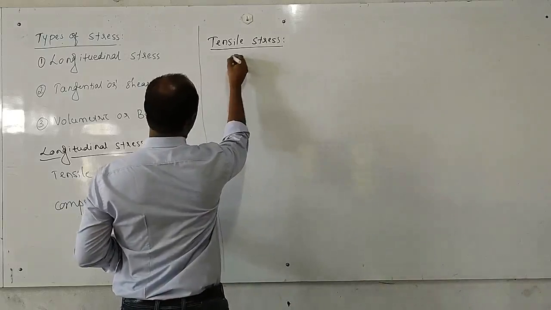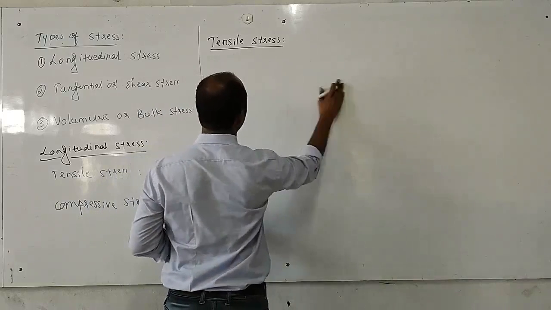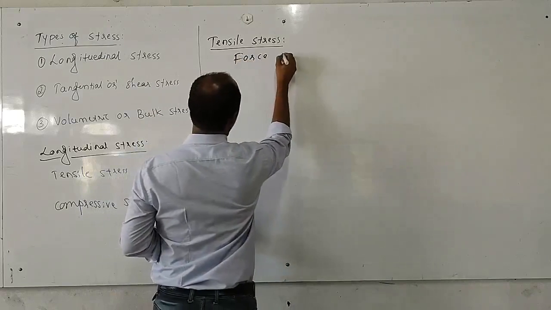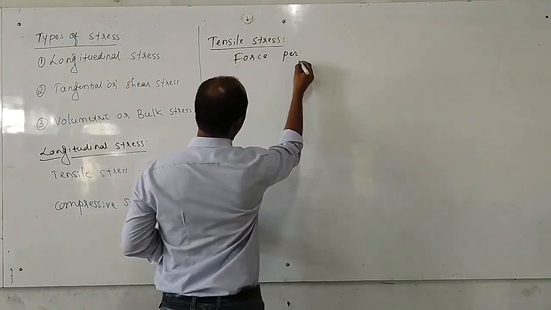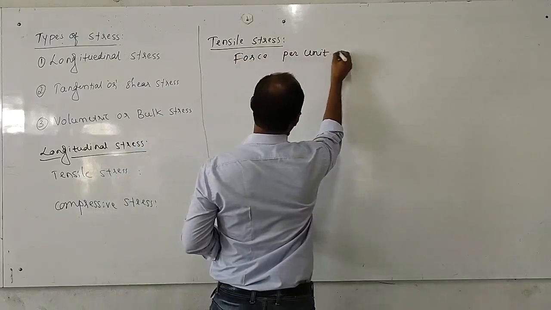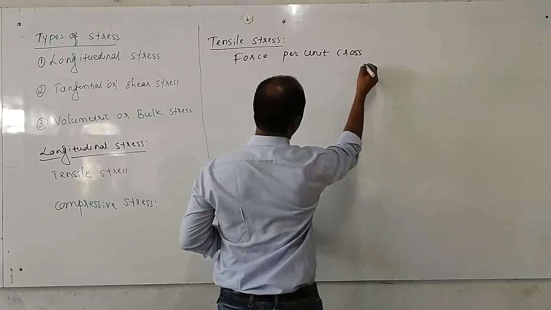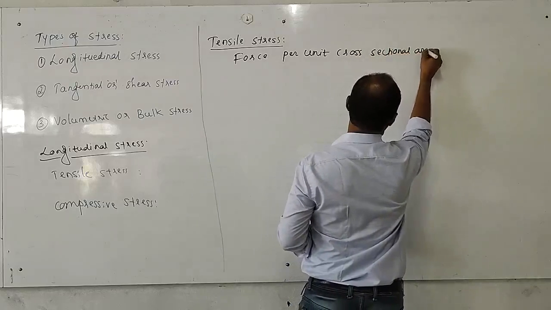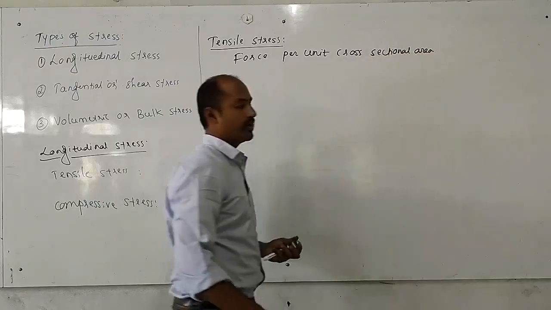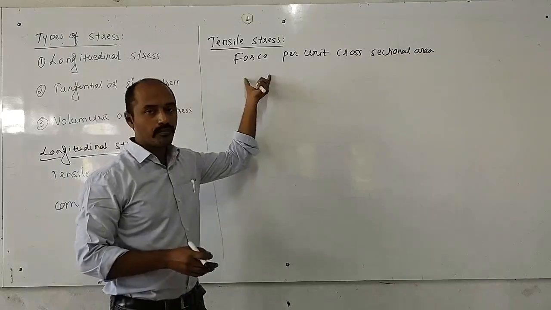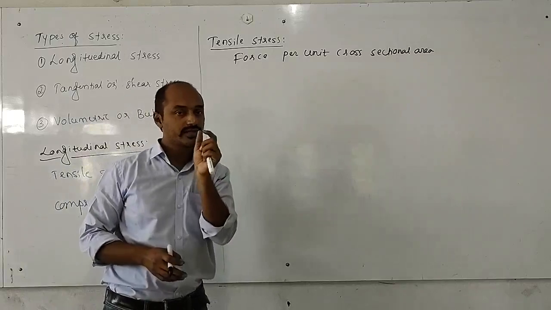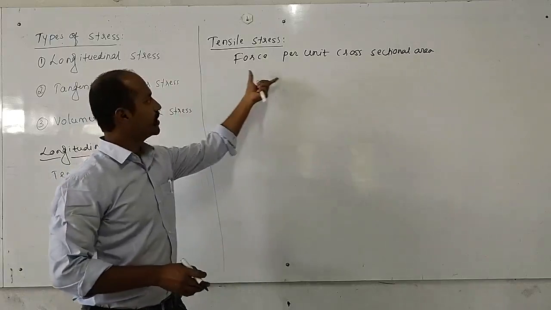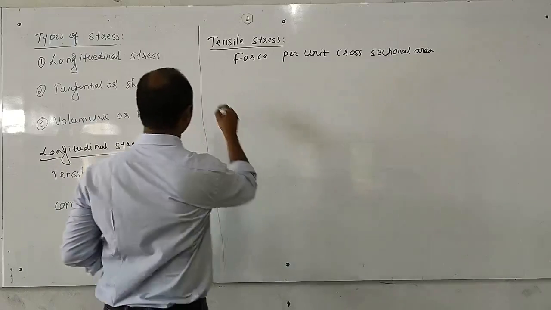It is the ratio of force per unit cross sectional area. See, when this force is applied, what special thing is happening? It is increasing length, right? So force per unit cross section area